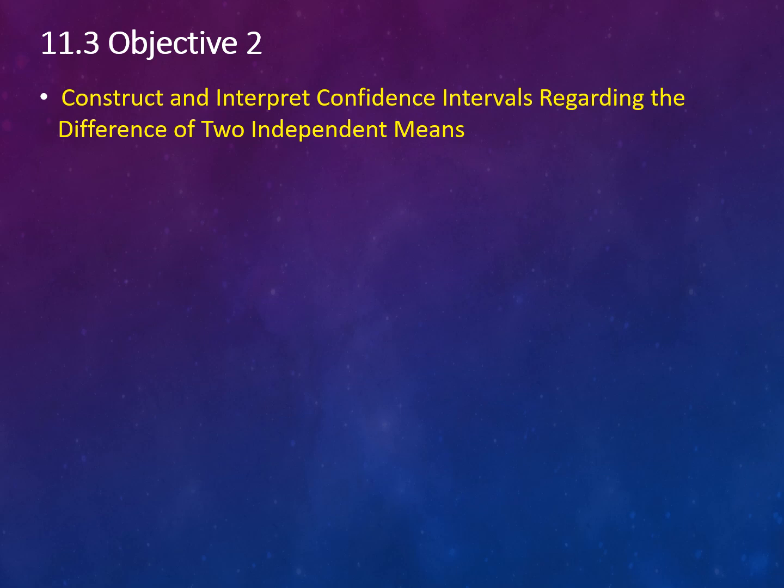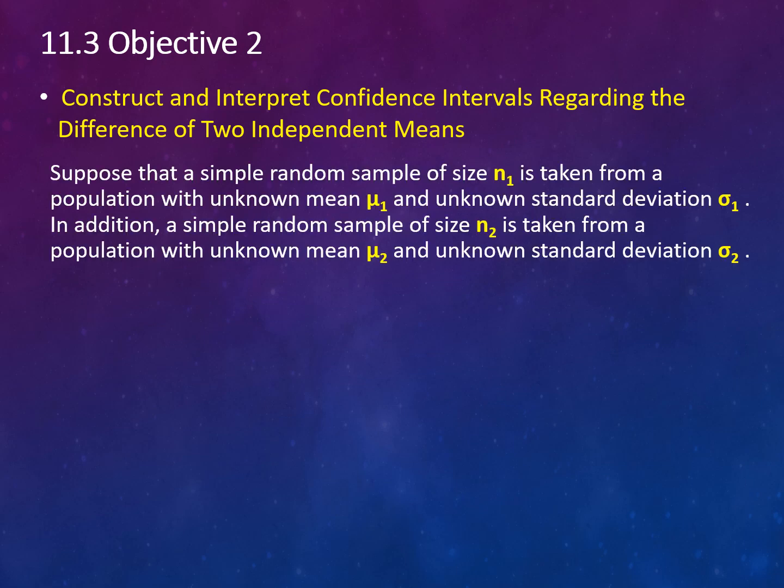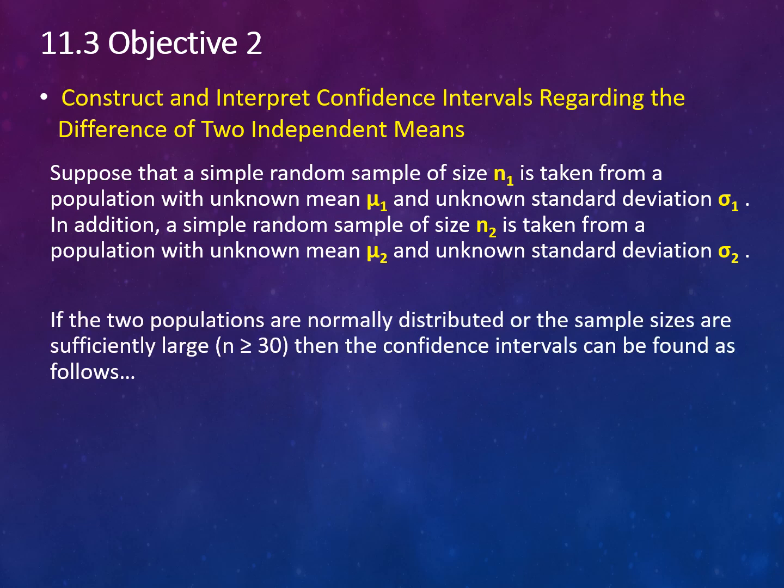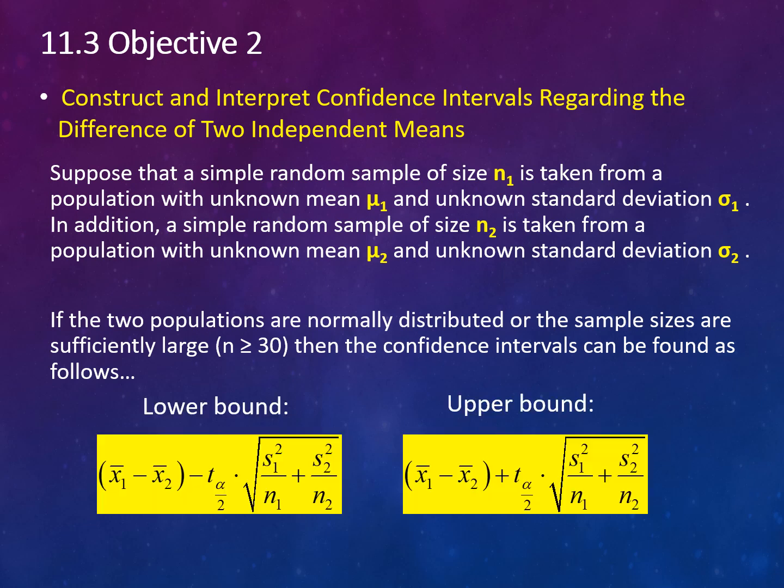So our second objective in this section is to construct and interpret confidence intervals regarding the difference of two independent means. So again, we have the same idea that we have two samples with specific sample sizes, unknown mean mu and unknown standard deviation sigma. And again, we have to test the data. And if the data is normally distributed or the sample sizes are sufficiently large,